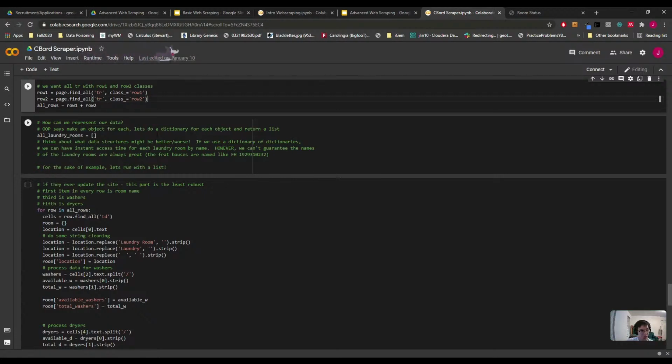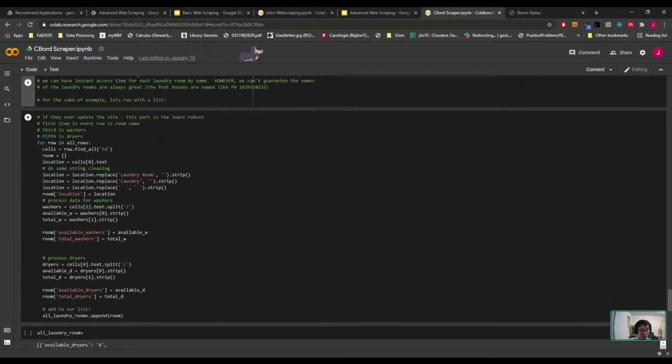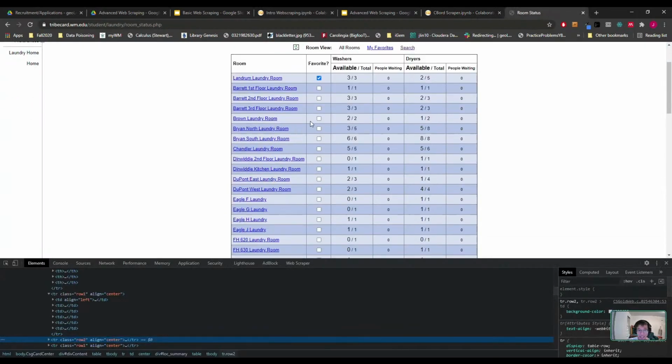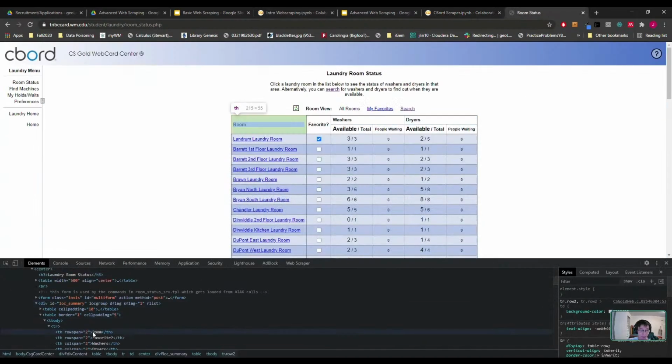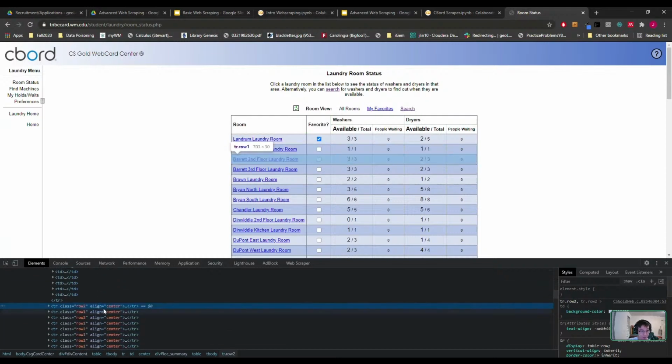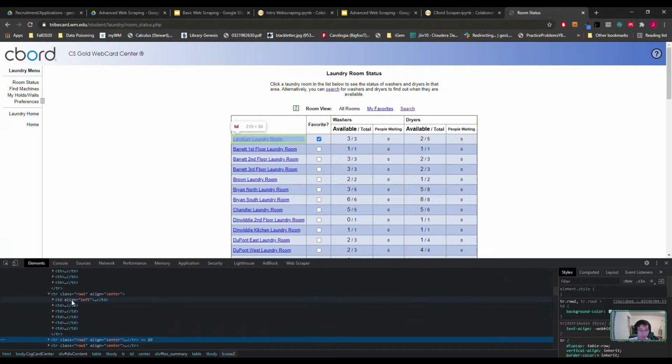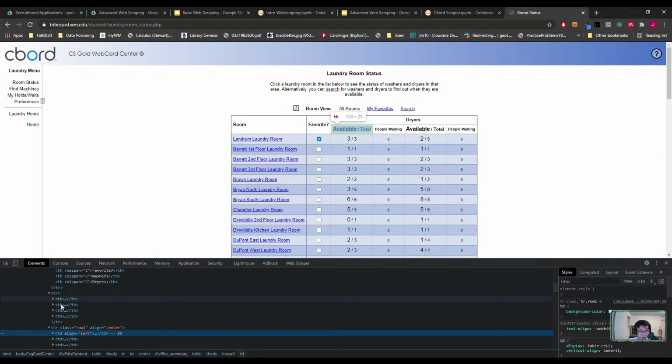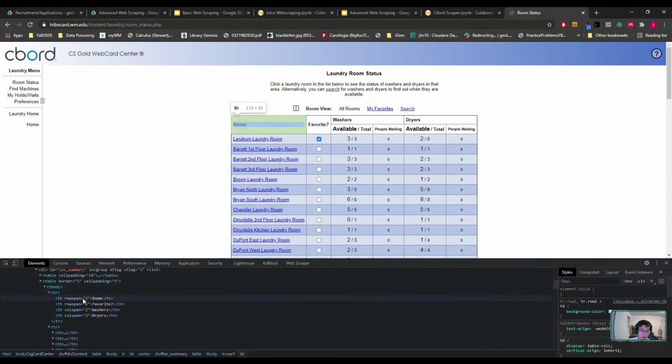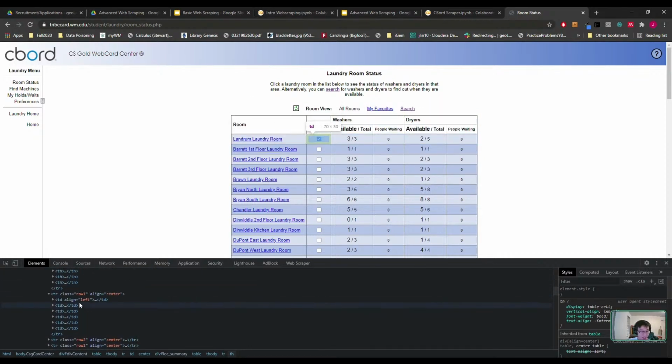So here, I just want to store the data and just parse through. Here, it's not done in the most robust way. If they update the site in any way whatsoever, it will break, and that is something to watch out for. There isn't really anything that identifies each of these except for the table header. So if you were to be more robust with this, instead of just quickly running through it,